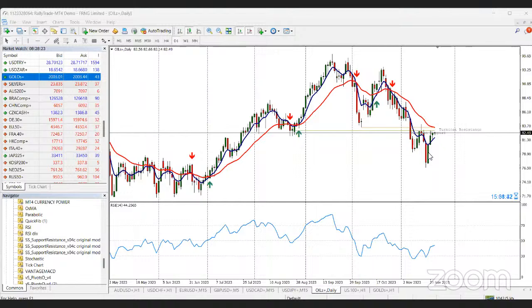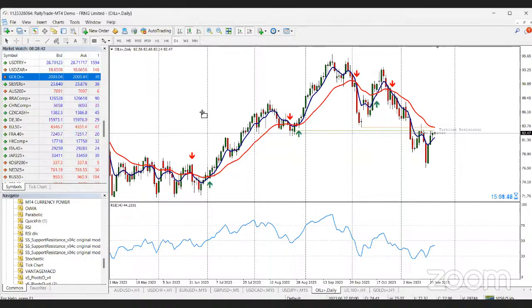All right, so we can see that price has broken this support, which has become a resistance, and it has come back to do a retest. So we are going to go in for a sell at this region. If you are a swing trader, you can go in for a sell. For me, an instant sell is in order.